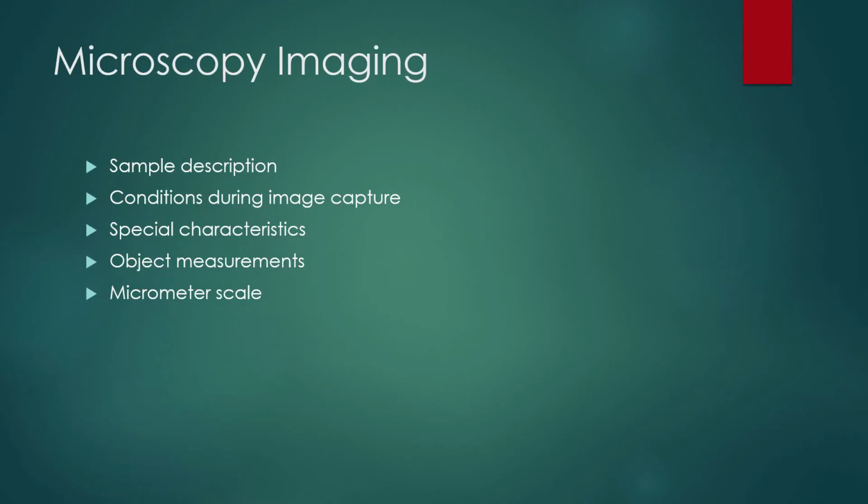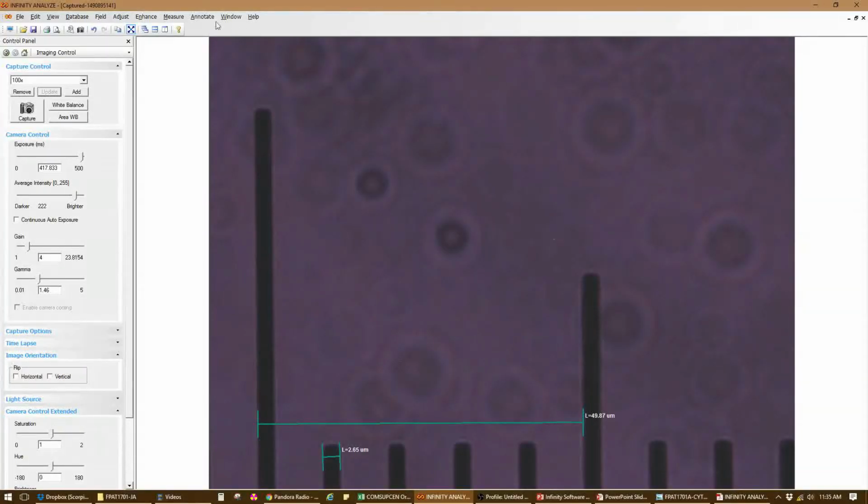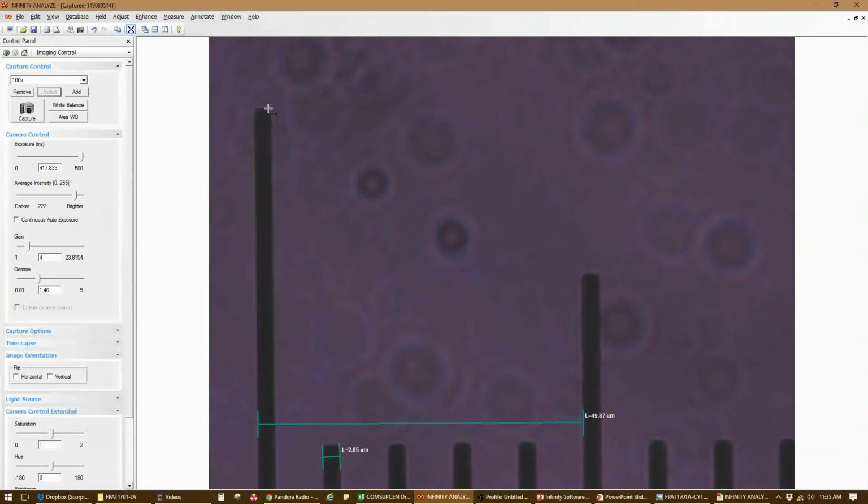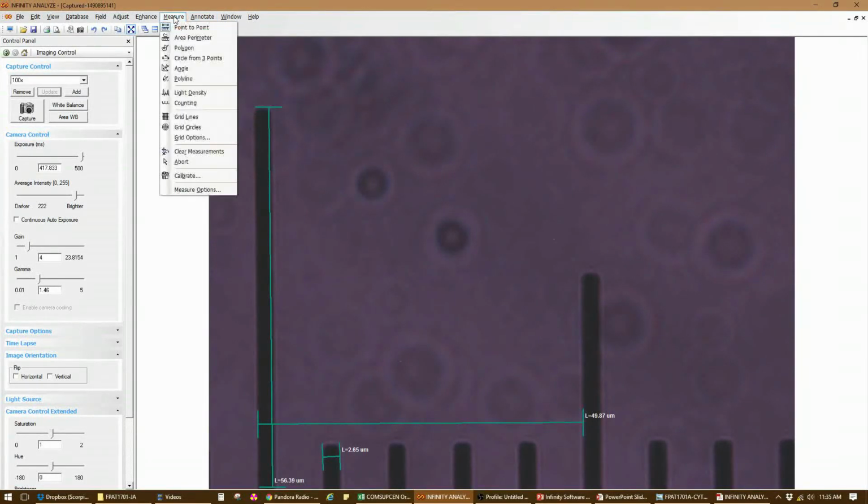And then I always like to include a micrometer scale. I can show you some of that real quick. So we've done the point-to-point, like if this was a fiber or something like that, you could put the length on it. For things that tend to be round or spherical, you can do